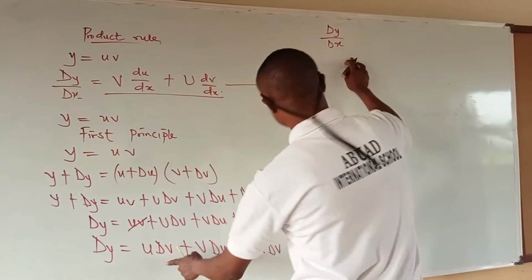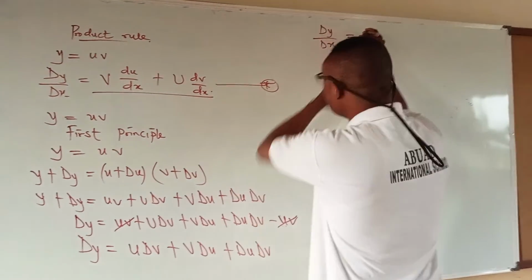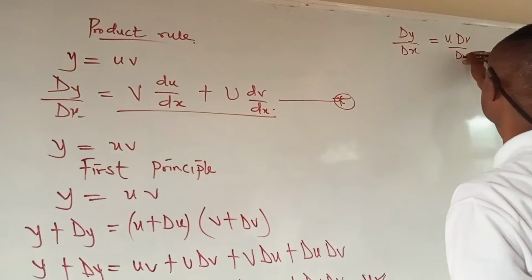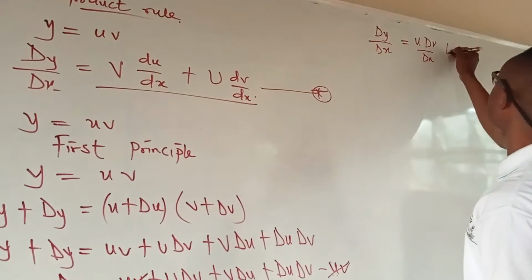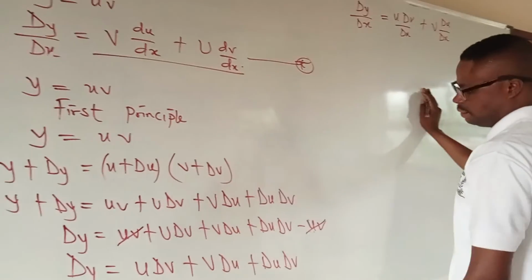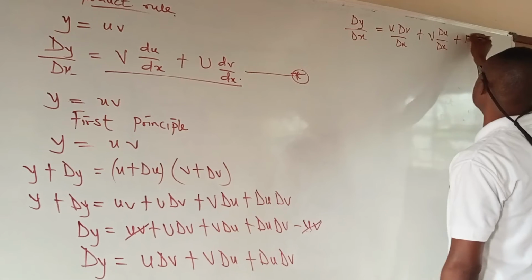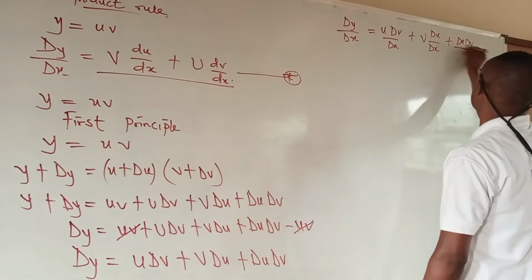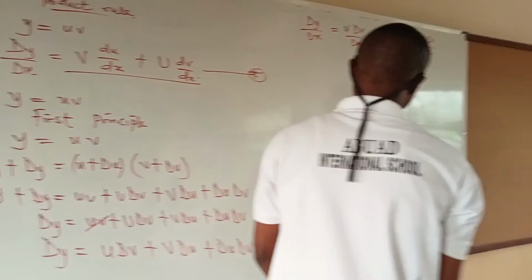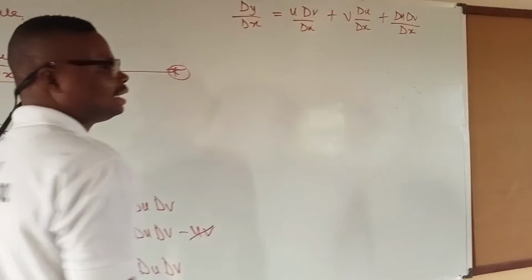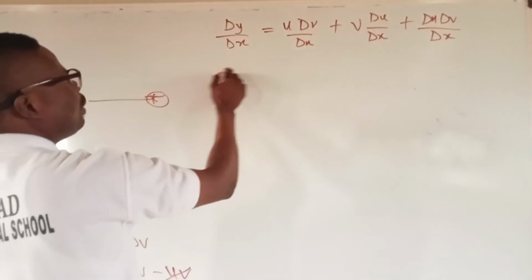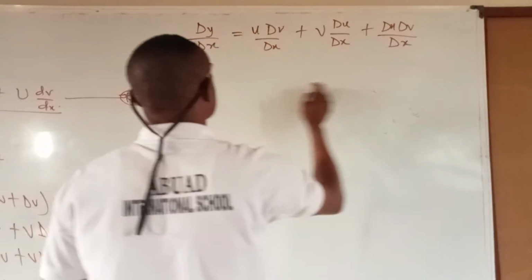We have dy over dx equals u dv all over dx plus v du over dx plus du dv all over dx. Here we assume, in fact, it's not even an assumption, it is known that when we are finding the limit